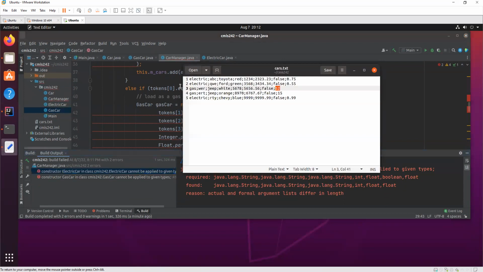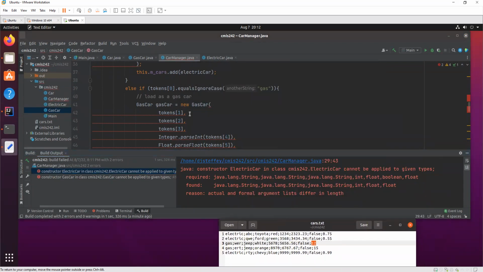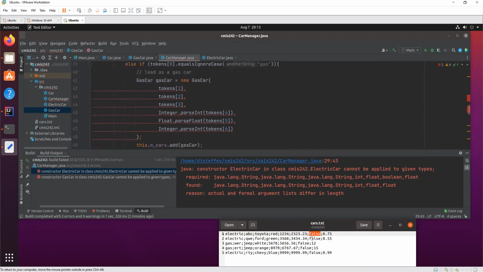So those tokens are going to change a little bit. Let's have our file down here. So token 0 is still if it's gas or electric. Then we have ID is 1, that's fine. The only new thing we implemented is this false, which is now token 5, right? Because this is 0, 1, 2, 3, 4, 5, 6. I'm sorry. That's token 6 is if it's true or false, if it's sold or not.